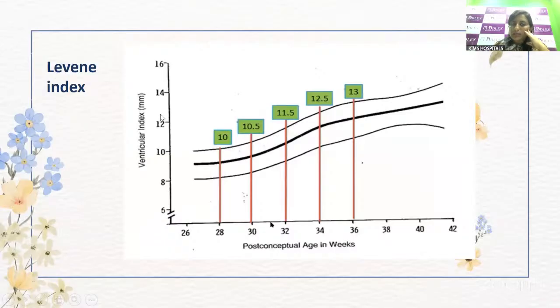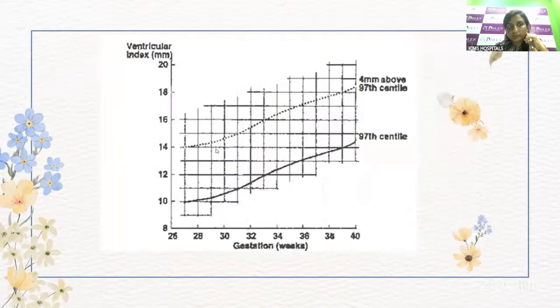So we have these graphs based on the Levin index where the gestational age is taken in the x-axis and the ventricular index in the y-axis. So anything more than 11 mm is taken as abnormal for premature babies. But if you take age-specific cutoffs, for 28 weeks, anything above 10 is abnormal. For 30 weeks, above 10.5. And after 30 weeks, for every 1 week of gestation, it increases by 0.5 mm. Or anything more than 4 mm above the 97th centile is also taken as abnormal. So 4 mm above the 97th centile is taken as